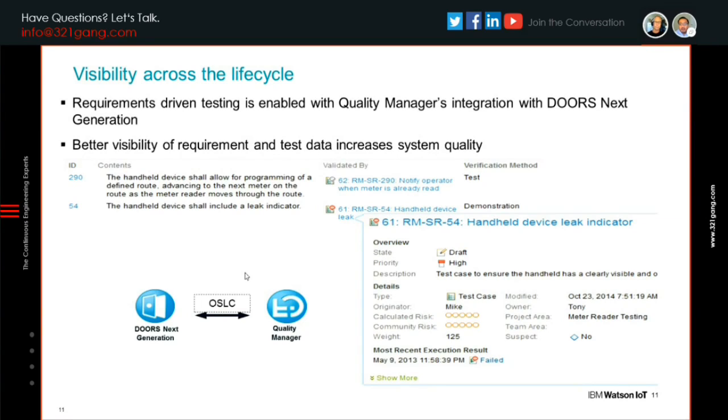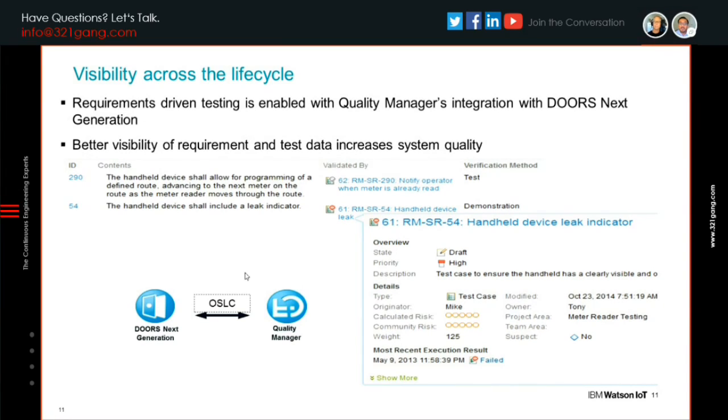And our continuous engineering platform really enables this type of requirements-driven testing, because we're able to use the power of OSLC that we've talked about in the past, which is an open standard. It stands for Open Services for Lifecycle Collaboration. It's like a data link, right? Yeah. It's a standard for how lifecycle collaboration tools talk to each other.